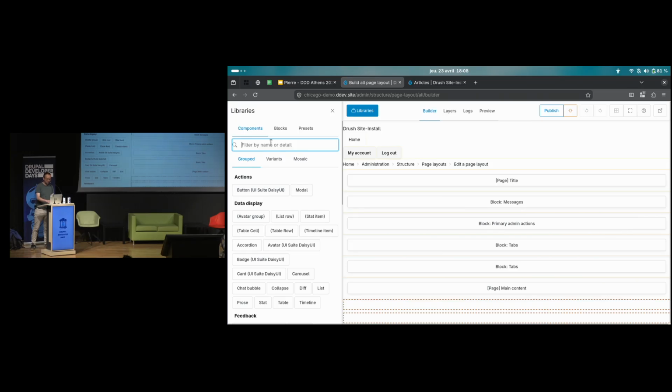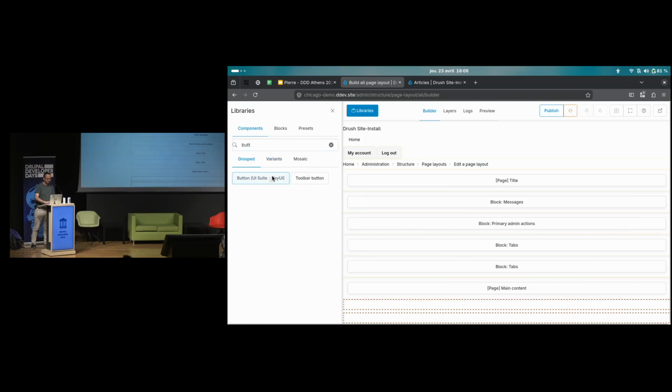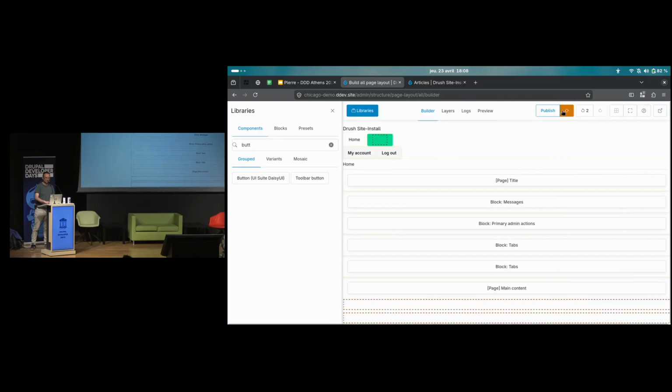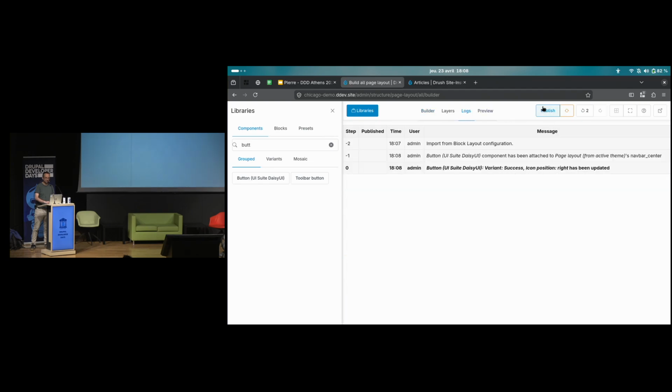So I will put a button here, for example. We should put, I don't know, a success button, empty, so we keep things simple. You see? So I have my two revisions here. When I publish, it takes ownership of the page, but we always start from Drupal.